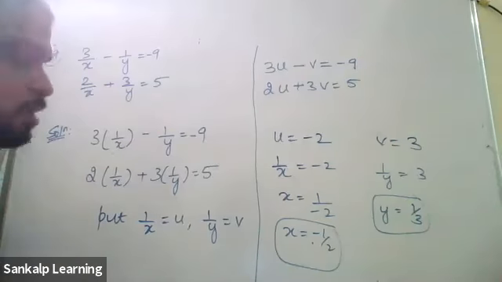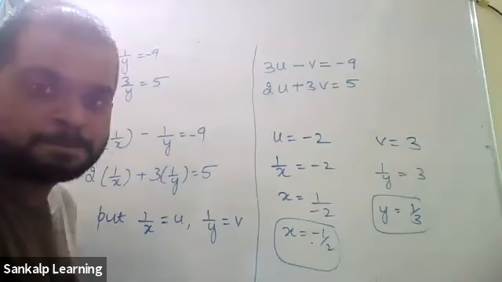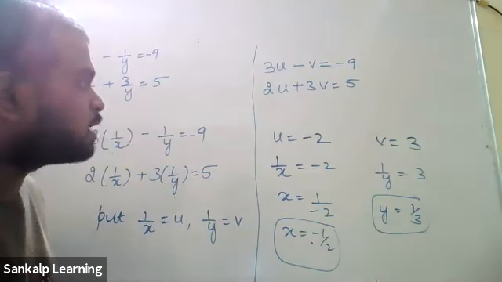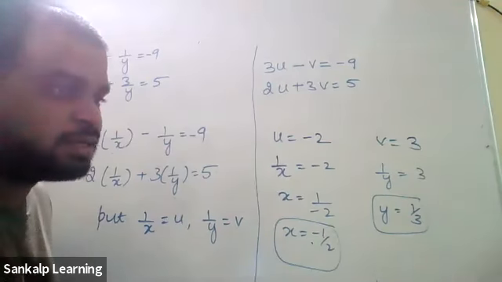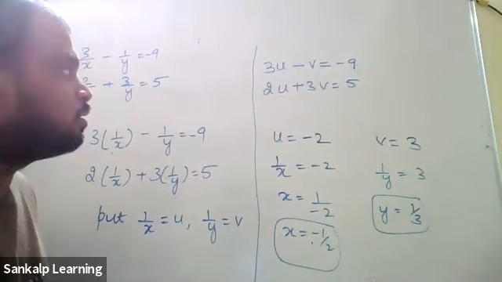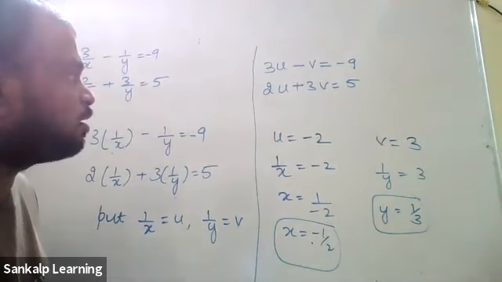Sir, I have a doubt. Yeah, sure, tell me. Sir, here by elimination method we have to subtract it, no, sir, or directly we can take like this? Yeah, elimination method is basically subtracting it. You have to subtract the two equations. So which one do you want to eliminate now, u or v?